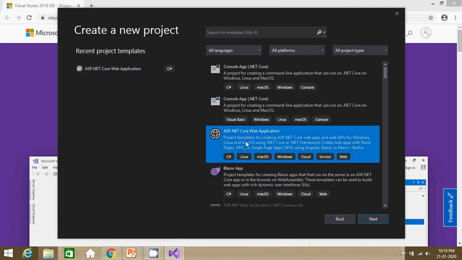So this is going to support Linux, macOS, Windows, and it is going to have cloud and service web also. And the scripting language it will support is C sharp, this selection. So we'll go for this and we will select next,